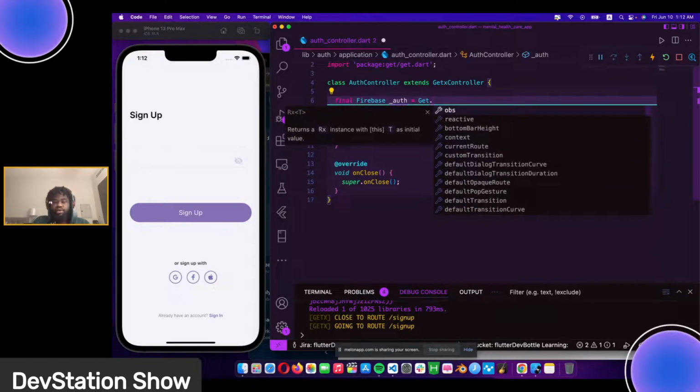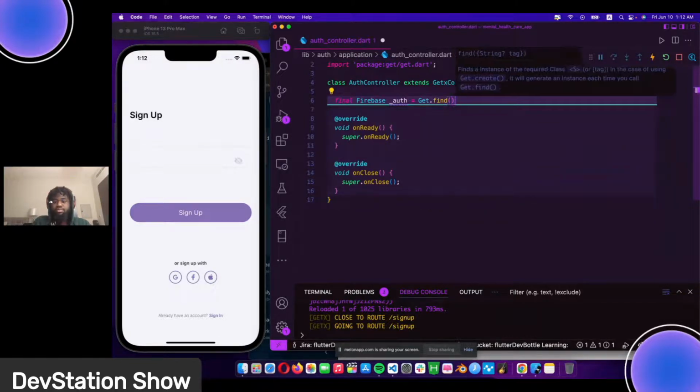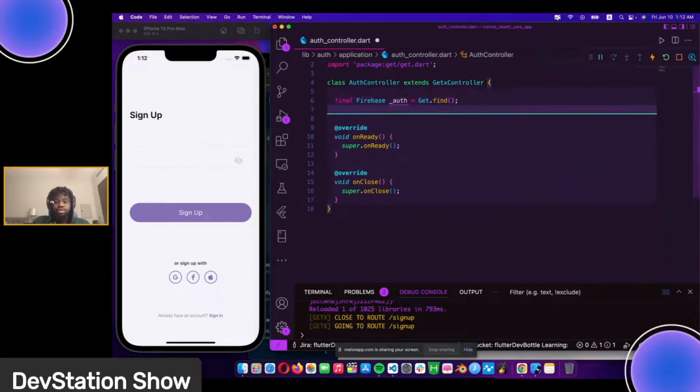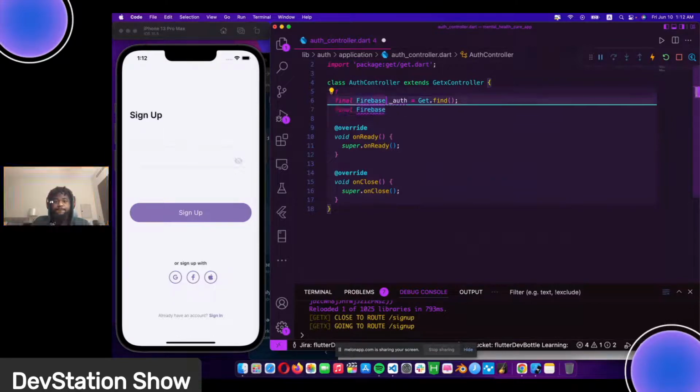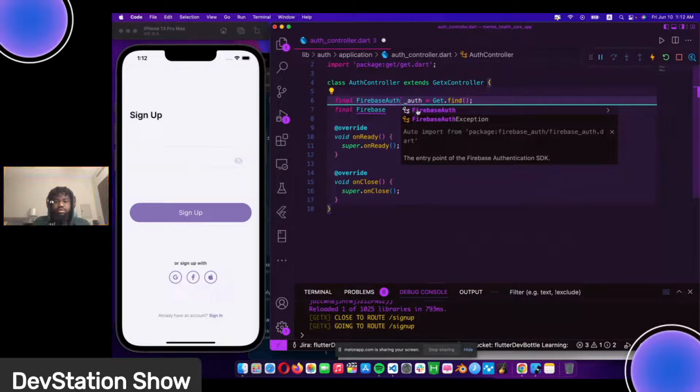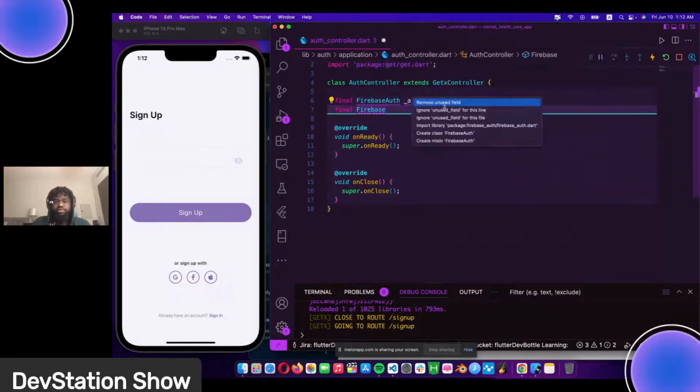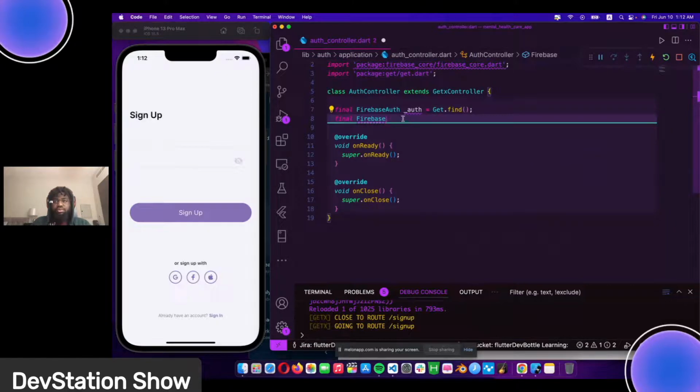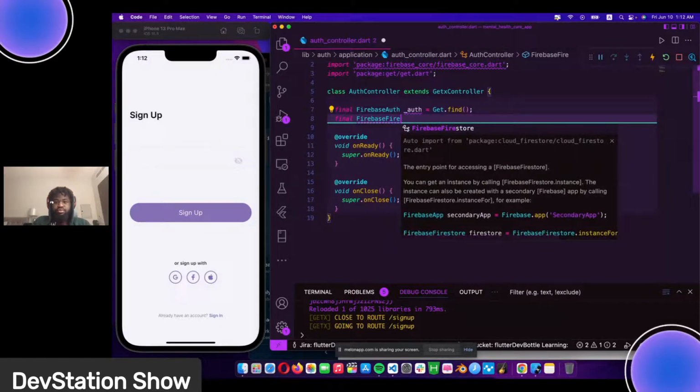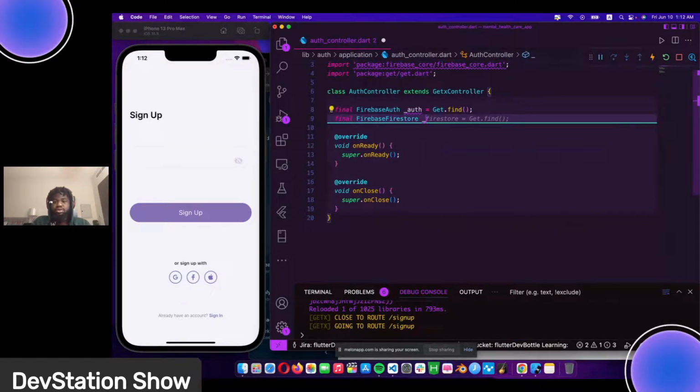Get.find, final Firebase, so this should be Auth. So that's a mistake, so this should be Auth. And this should be Firebase Firestore. I'm going to go like this: Firestore equals to Get.find, and